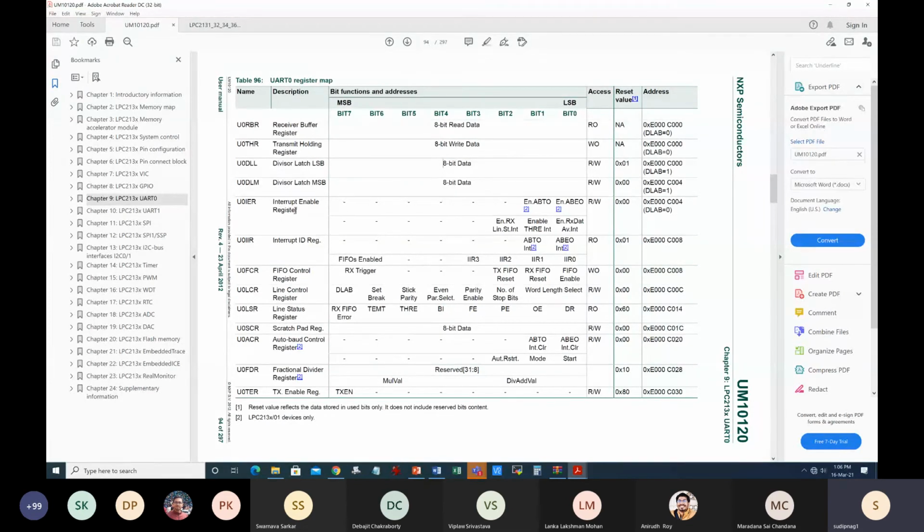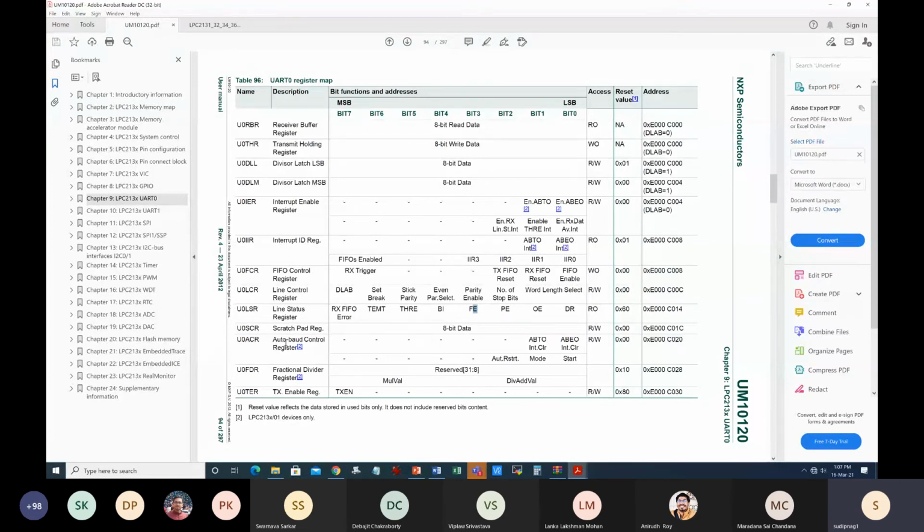And then interrupts. There are a lot of interrupts that we'll study with this UART. It is very important that UART-based interrupts are quite popularly used, and then the interrupt ID, again related to interrupts. Then there are registers related to FIFO control and line control. Line control basically refers to the handshake signals, as well as line status. If you want to check the line, such as if there's an error like a parity error or framing error, or a start bit or stop bit missing, those kinds of errors are given over here.